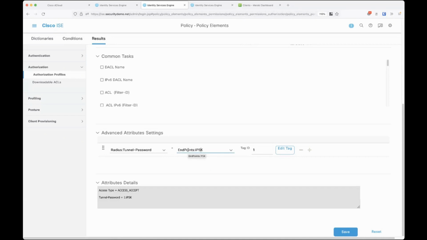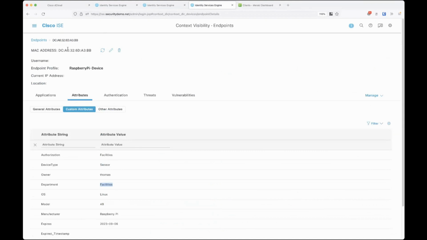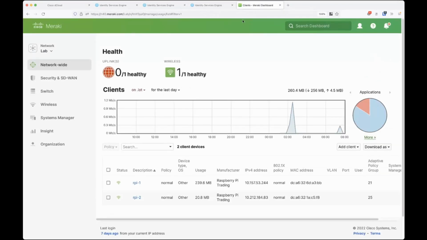And so what it's doing is ISE is actually looking up what is the endpoint IPSK value for this endpoint in the authorization rule. When it comes in, it's going to go ahead and find out what it is. And if we go look at our thing here, right, it's this crazy IPSK down here. And so if that's what this device is using as its pre-shared key to communicate on the wireless network, it should be good. And so if I go over here to my Meraki wireless network, and I'm just going to give it a refresh,